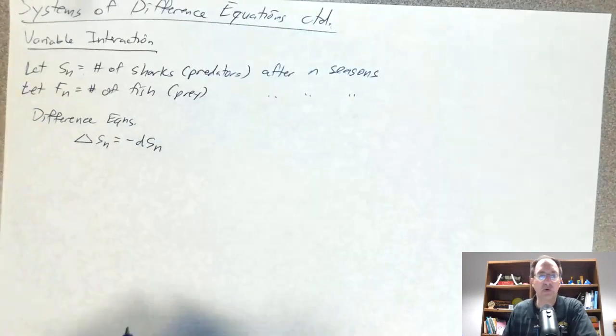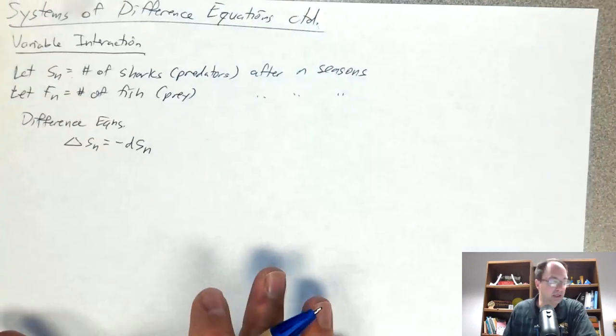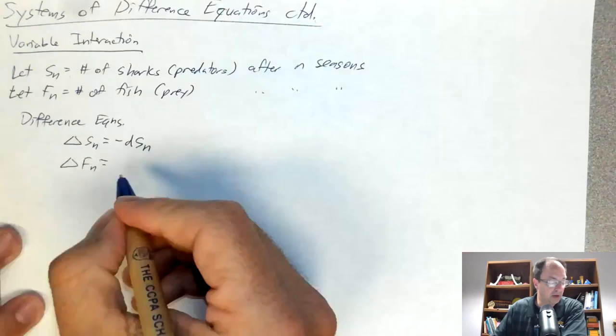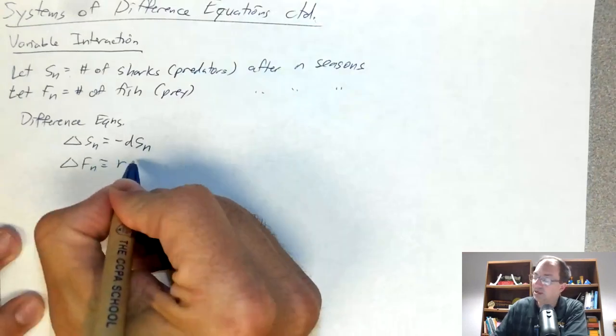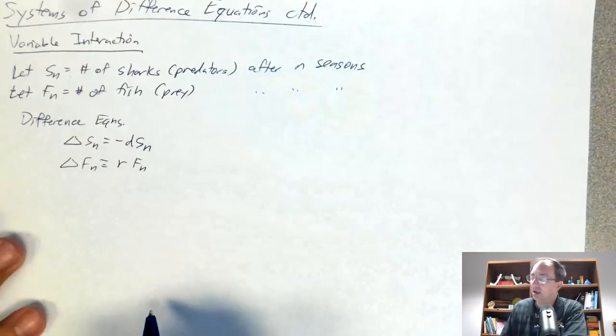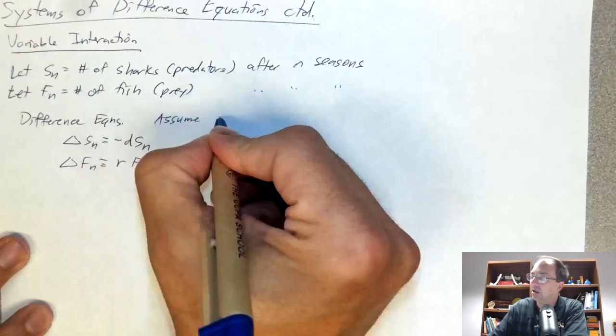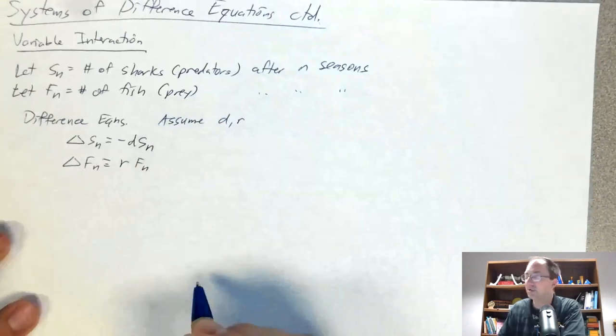So I'm going to write a proportionality like that, minus d times S sub n. And the change in fish, we expect to go up, so I'll call that R times F sub n. And notice I'm assuming that D and R are greater than 0